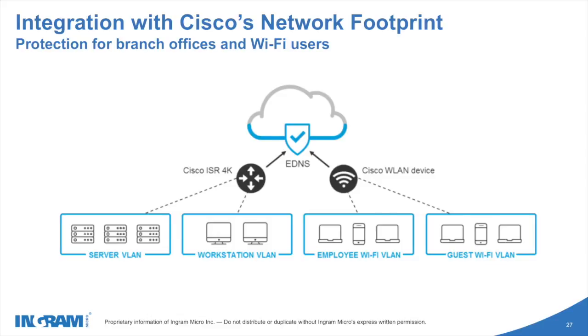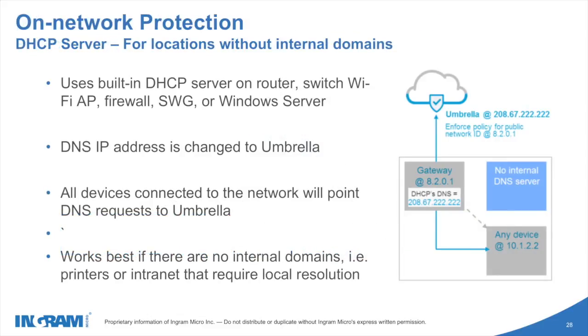And best of all, using a single ISR script or wireless LAN controller, you can provision thousands of network devices to protect all your branch office and Wi-Fi users in a matter of minutes. For the on-network coverage, update the settings of the DNS and DSCP servers in your network, or even the wireless access points, to point your internet traffic to Umbrella, and every device on that network is protected. You can protect all devices, even those you don't own, by changing one setting in your network server, access point,